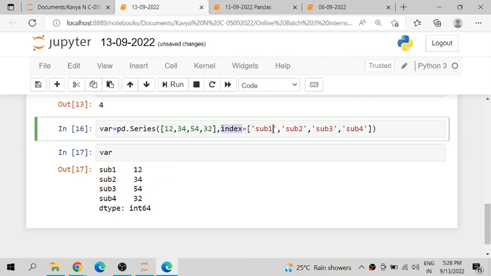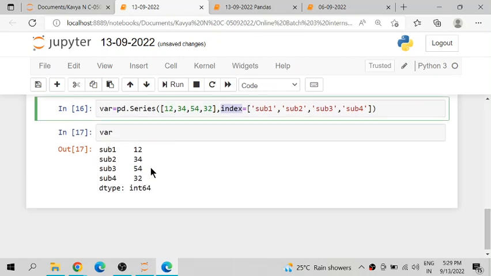For this, just pass the array of labels. This is helpful when you fetch values by their representation, so in such cases labeling plays an important role. This is how we can create the labels, and you can access the elements through the labels also,